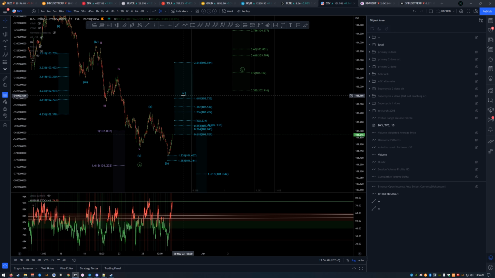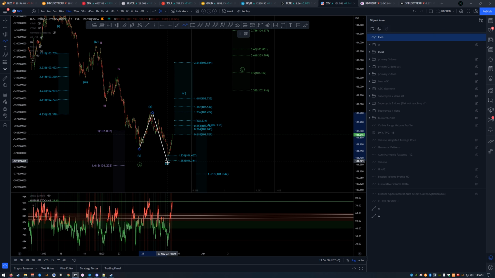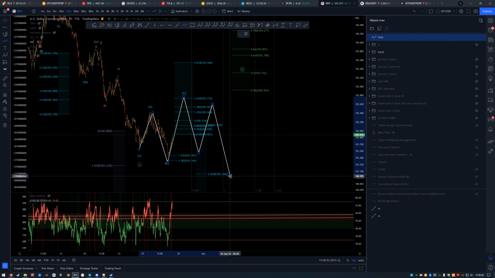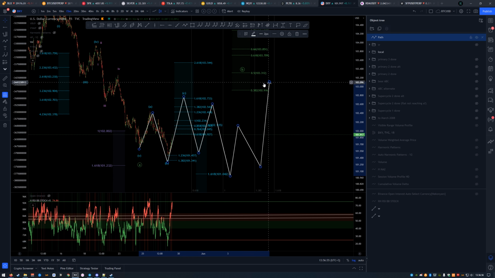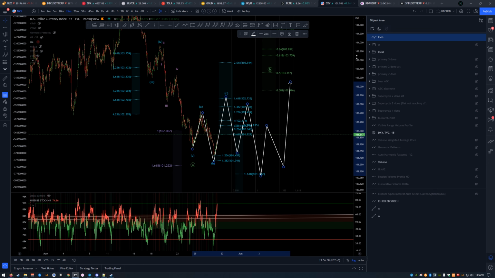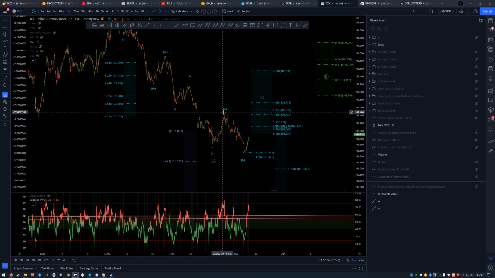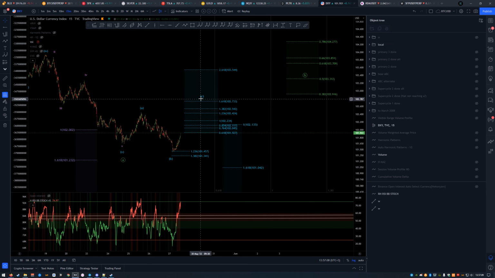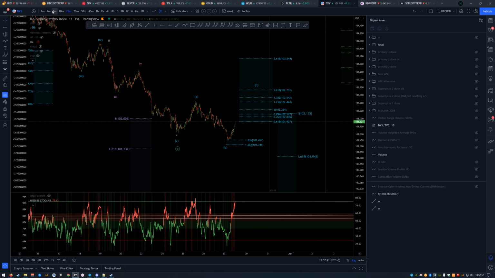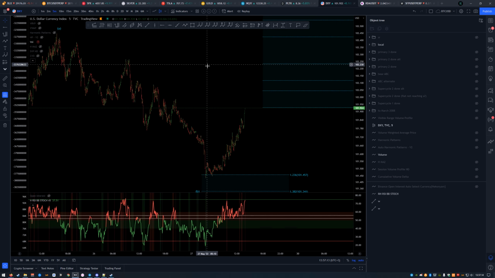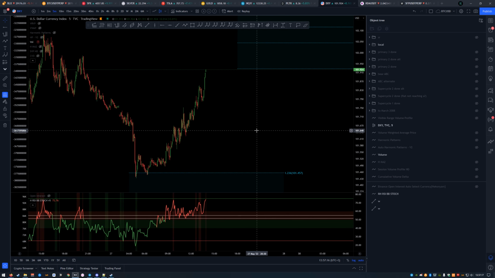Also it is just possible that this is the first 3-way move here, and then we would have another 3-way move and then another 3-way move, right? So that is one way to waste time here, just keeping us basically in a range and within these 3-way moves. But if this is the case here for the C wave, we would be looking for a 5-way structure, and just by looking at really small time frame, I'm not really sure if we can find a good looking 5-way structure here. It is so overlapping that I'm not sure what this is actually.